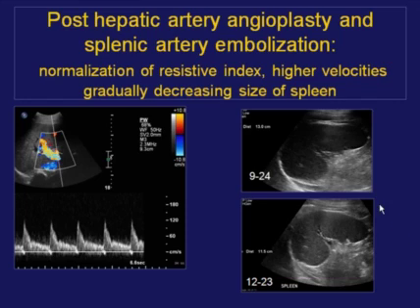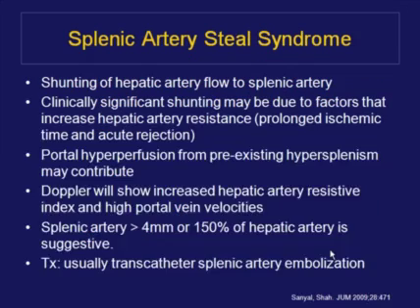Therefore, this patient went on to a combination of intervention, had an angioplasty of the hepatic artery, and also a splenic artery embolization. This resulted in normalization of the waveforms and a lower resistive index, and over time the spleen actually decreased in size. This is a relatively uncommon phenomenon in which there is shunting of arterial flow to the